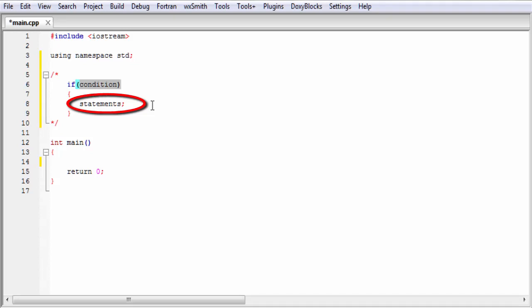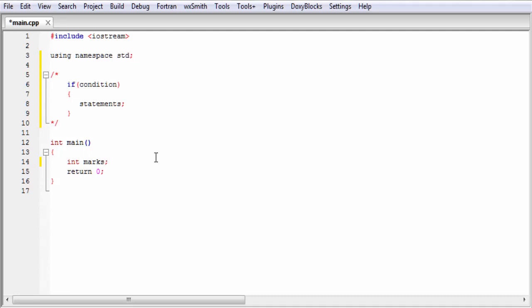Next we see how we can use the if statement in our program. Here we write a simple program that checks whether you passed the examination or not. If you get 30 marks or more, then you pass the examination. So here we write a program that checks your marks, and depending on the marks the program says you passed the examination or not. So for this I am going to declare an integer type variable, int marks.